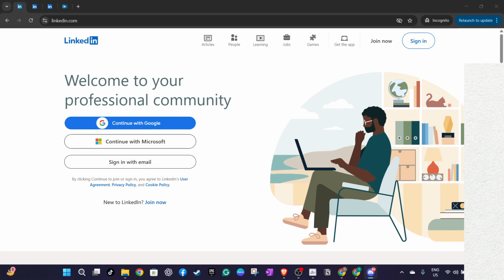First, you'll want to head over to linkedin.com. Once you're there, you'll be prompted to sign in. You can do this by using your Google or Microsoft account, or if you prefer, you can input your email address and password. It's a straightforward process, but if you encounter any issues, consider resetting your password using the Forgot